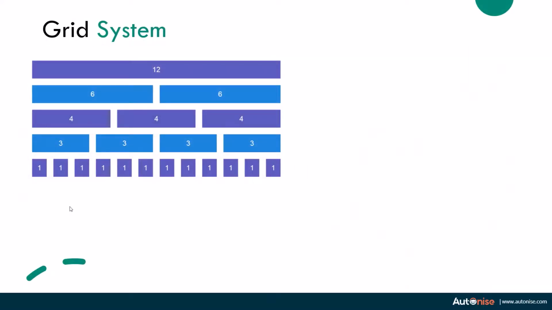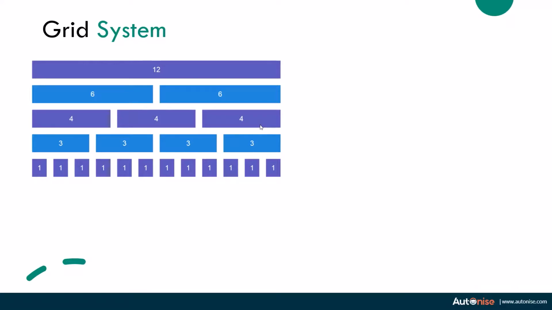Next, let's understand the grid system of Bootstrap. This, I believe, is the most important feature of Bootstrap, and this is what makes Bootstrap responsive. Bootstrap assumes that your entire screen has been divided into 12 equal sections, and you can create grids in your 12 divided columns. So you can choose how much space your content should take by controlling the Bootstrap classes.